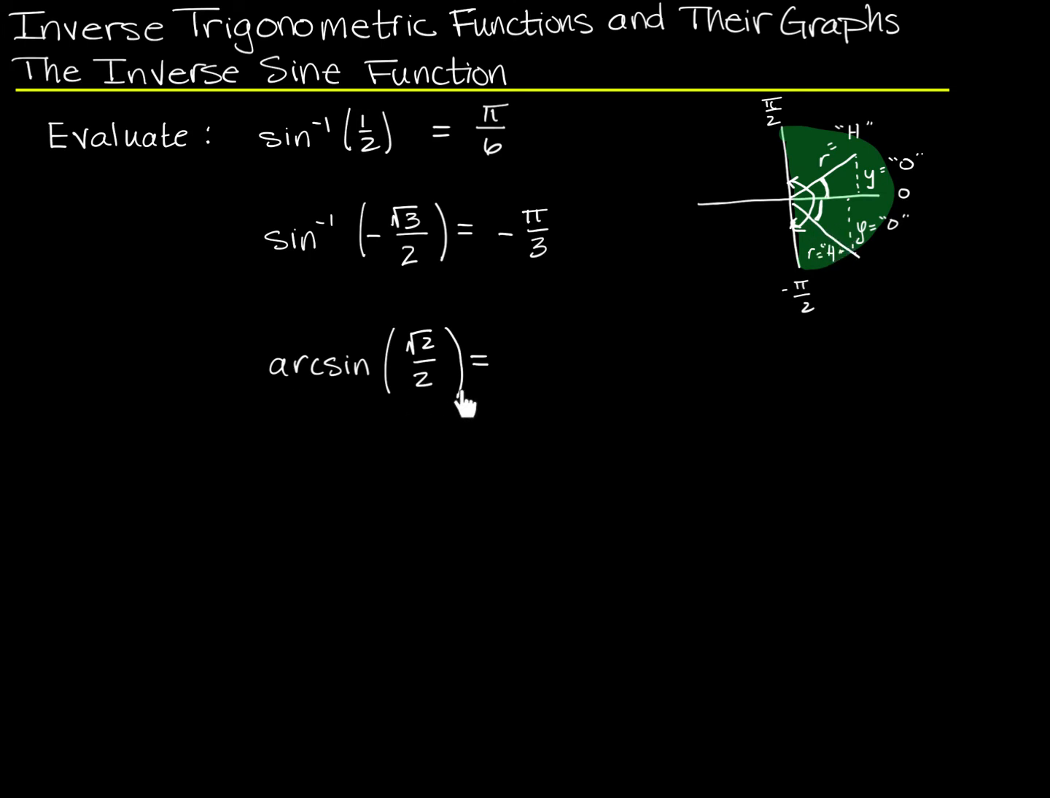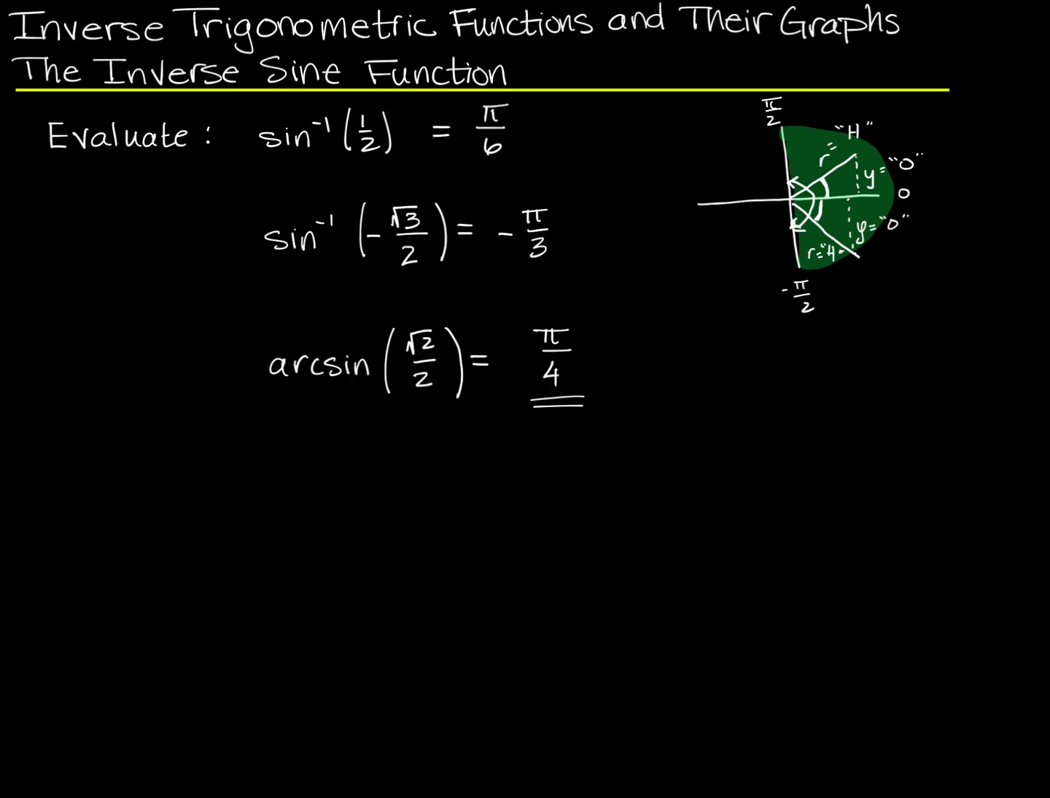Okay, here's our last one. The arcsine of root 2 over 2 just means, what is the angle whose sine is root 2 over 2? When you take the sine of this angle, you get positive root 2 over 2. Because this is a positive value, I have to be in quadrant 1, and the answer there is pi over 4. Because the sine of pi over 4 is root 2 over 2,